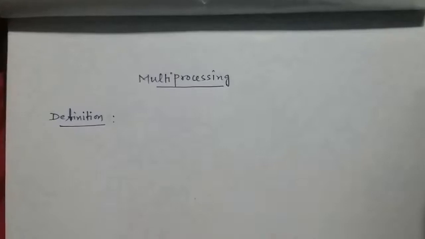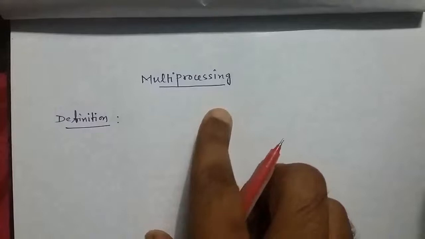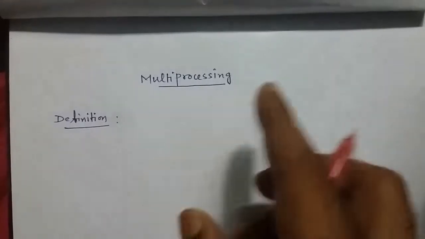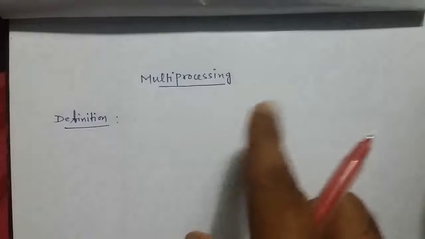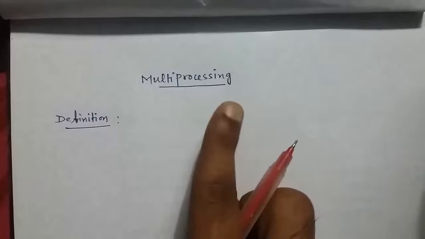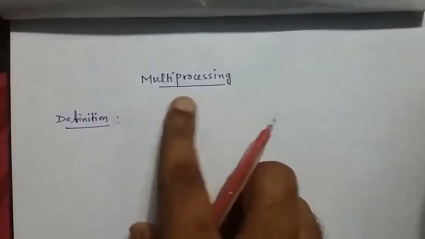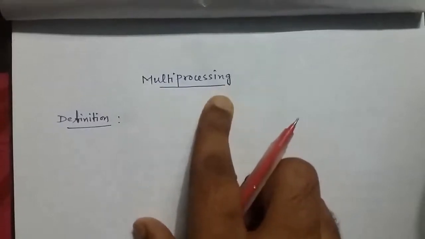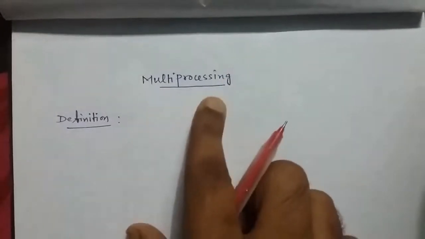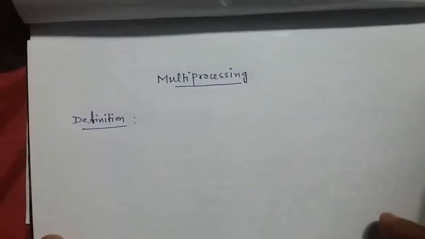As the name suggests, multiprocessing means a mode of processing with the use of multiple CPUs. In multiprogramming or in batch processing system, there was only one CPU. Those systems are uniprocessing systems. So here multiprocessing means not uniprocessor, means not a single CPU. It will consist of multiple processors. So the definition will be,